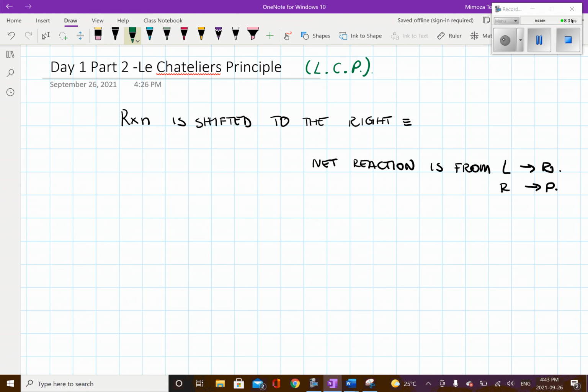The principle says that if an external stress, which means something new that you are introducing to the system, is applied to a system in equilibrium,